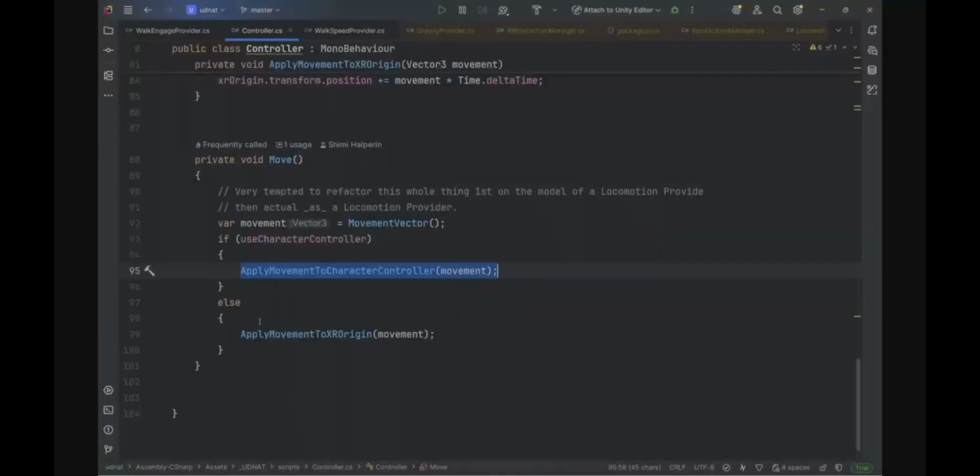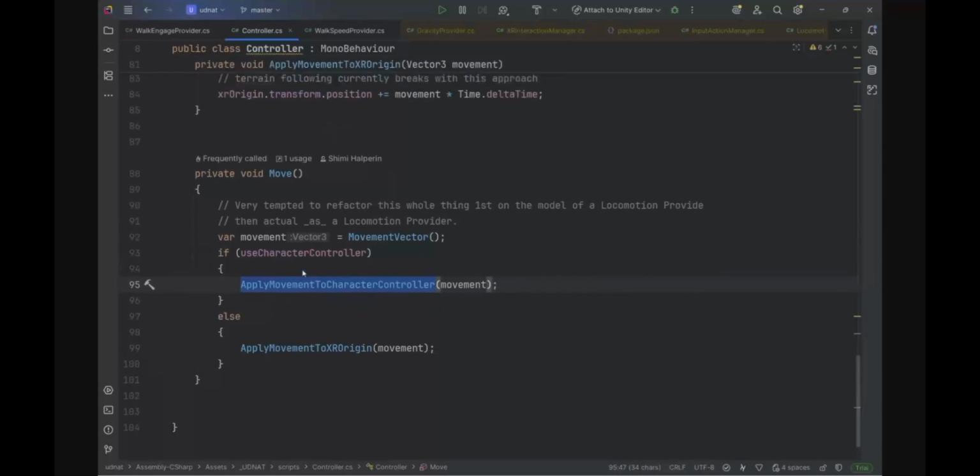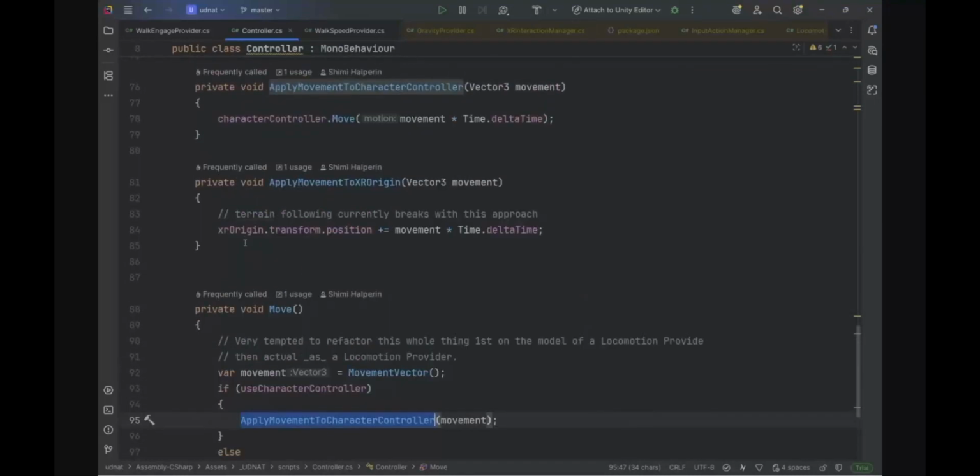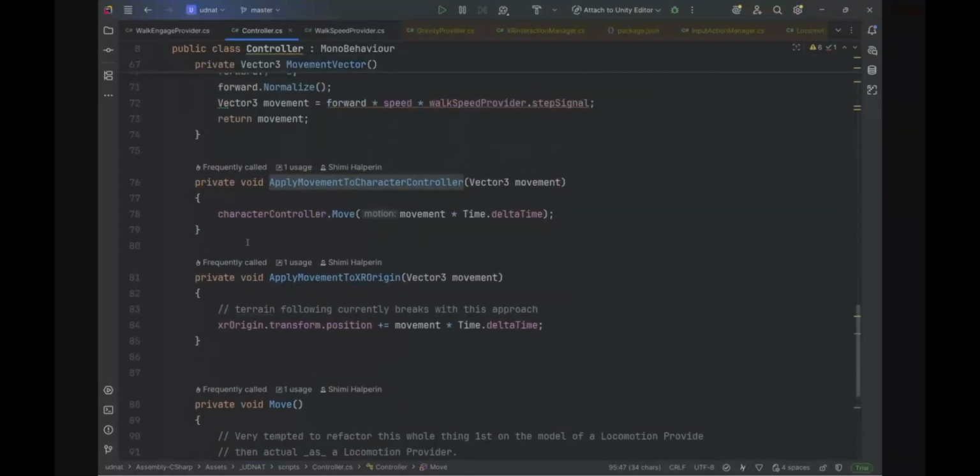I'm experimenting with applying the movement directly to the XR origin, but there's a problem with gravity. I haven't really worked on it, so I'm applying it to the character controller. And just to calculate that vector, all we're doing is